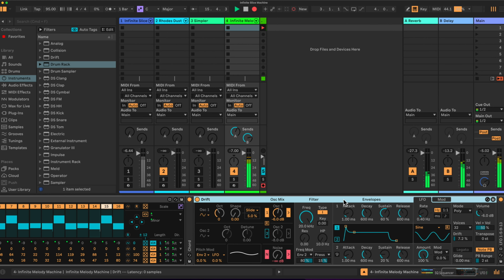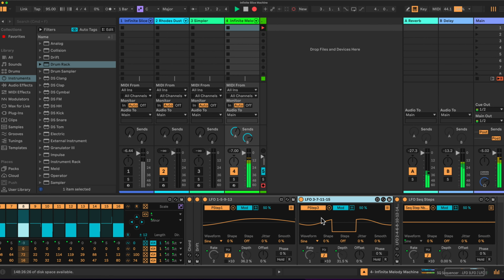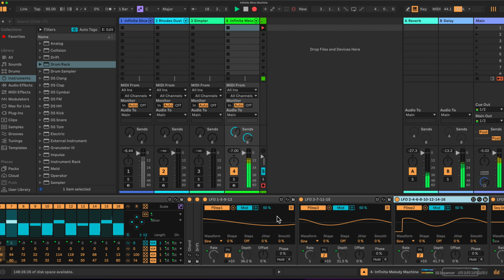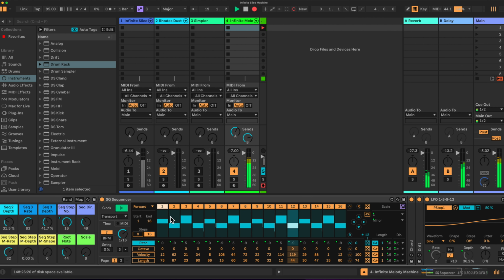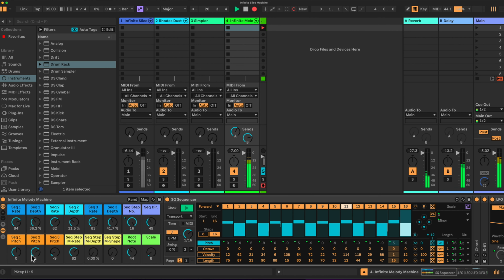It works with a series of LFOs at the back here, which allow you to modulate here the various pitches in the sequencer, and through the macros here you can control the rate of modulation, what's being modulated, etc. I say check out the video if you've not seen it. This was the original rack. Let's have a look then at what we now have,